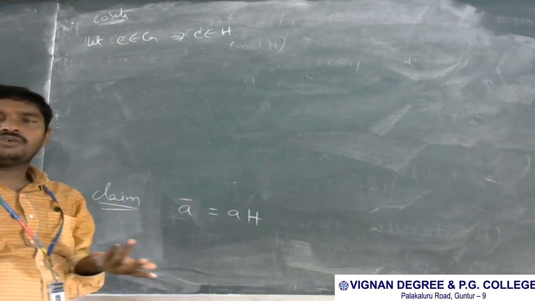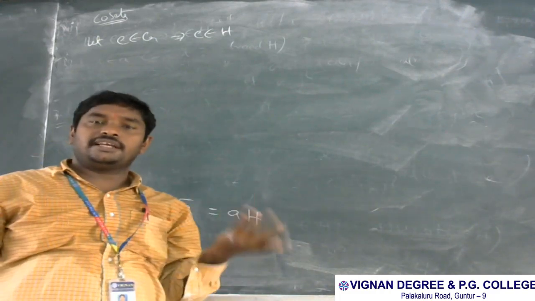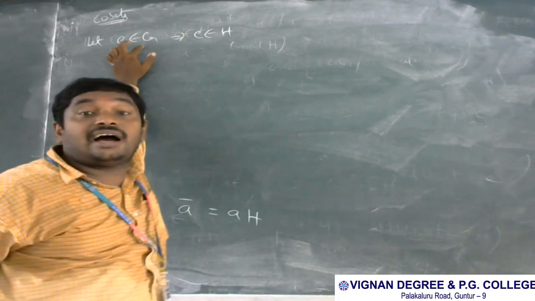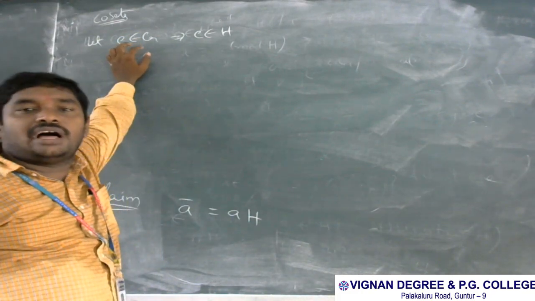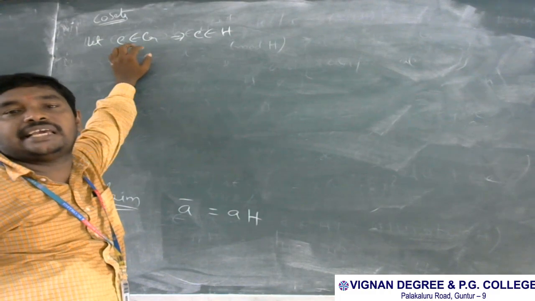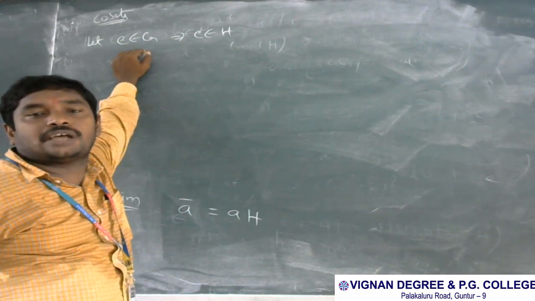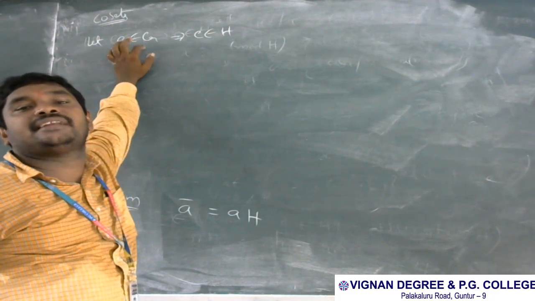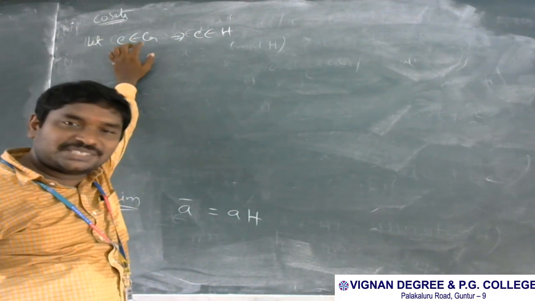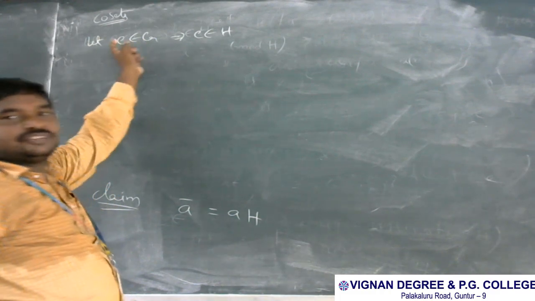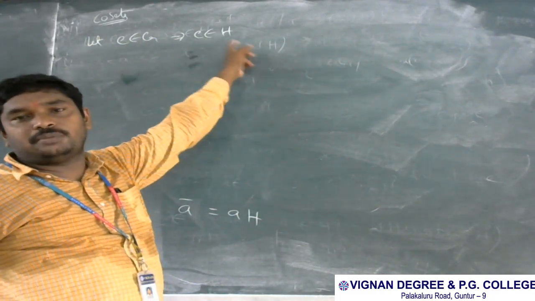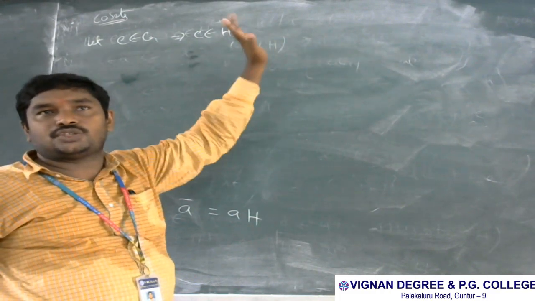Why, sir? Why is the element in G and H? Because here e is an identity element. We already proved one theorem, that a group and its subgroup contain only one unique identity element. So that's why we have taken small e in G, because G is a group. Because H is also a group, small e must be in H also.